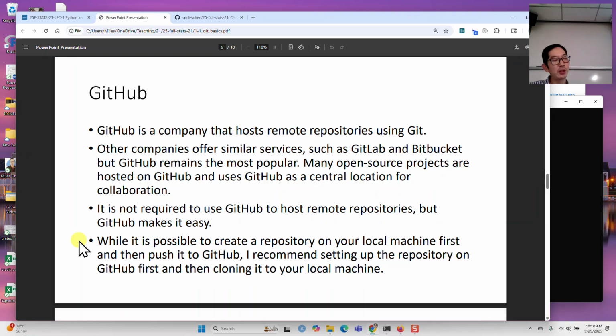authorize your local computer to interact with your GitHub account. Okay, you have to give it permissions. You don't want random people messing with your stuff on GitHub. Certainly a lot of companies have their important software and whatnot. They don't want random people messing with it, so everybody has to be authorized in order to interact with their particular Git repositories. So